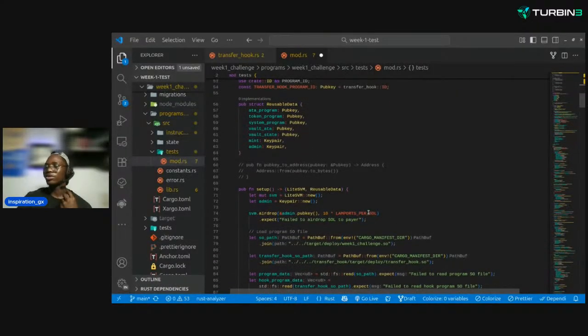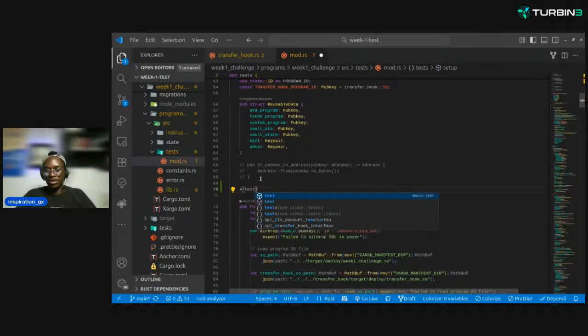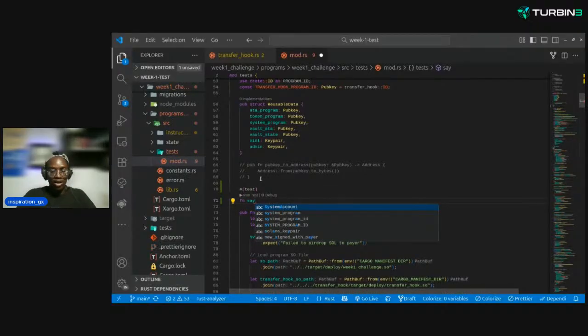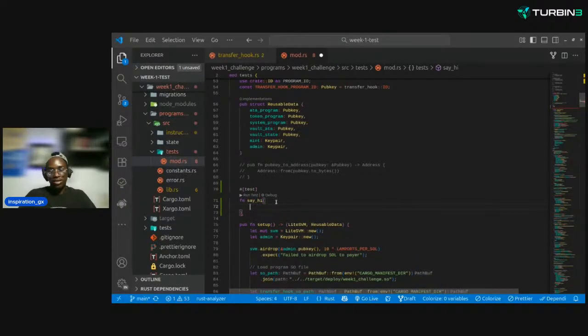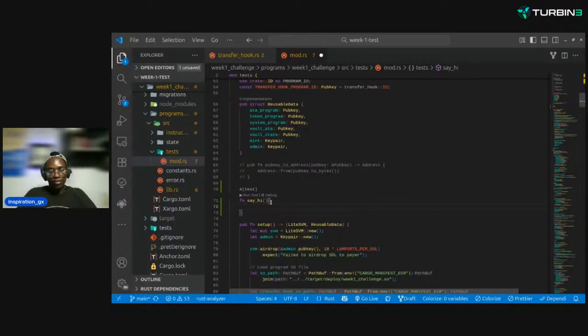One thing you should know is that two states in a LiteSVM instance do not share information. What do I mean? Two test states. If I have a test here, say fn say_hi, you should not return anything. So if I needed, let's say I needed,